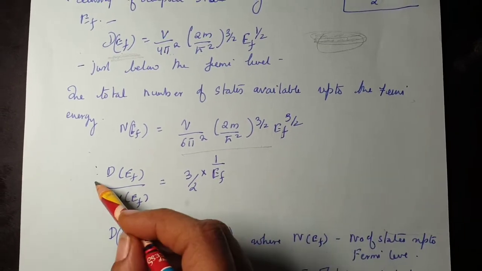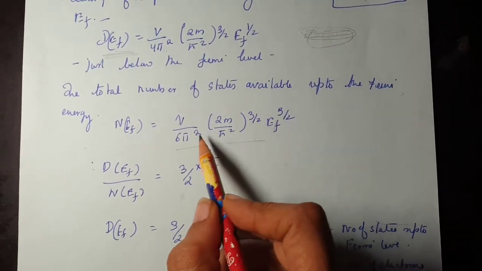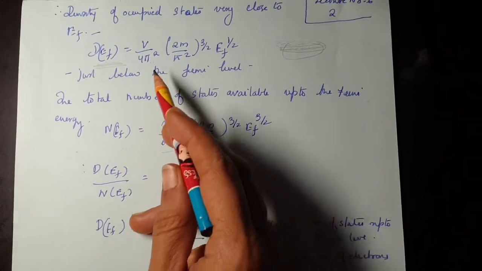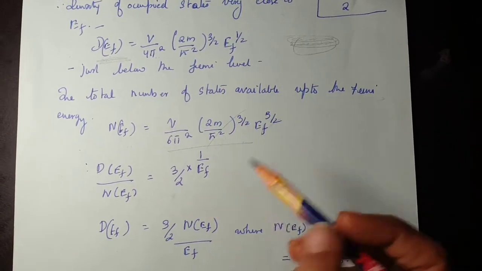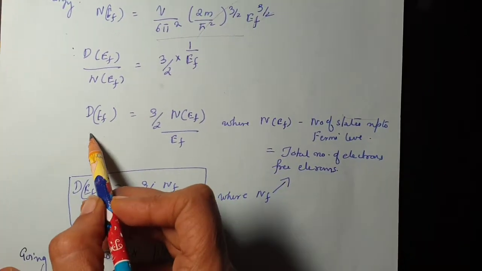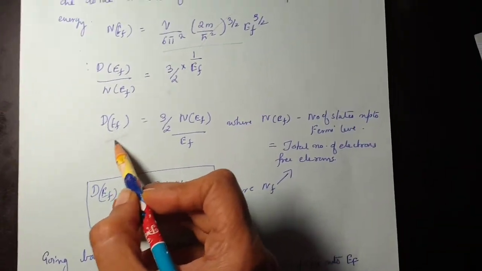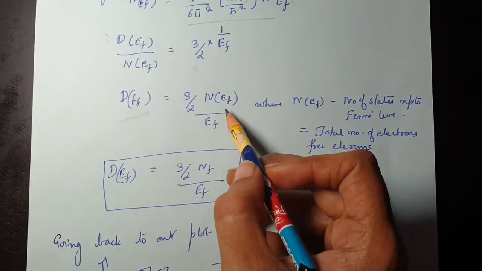Now if I take the ratio of these two values, then it will be 6 pi square by 4 pi square. This will get cancelled, and 1 by EF is remaining. So 3 by 2 into 1 by EF. So now I can write the density of states around the Fermi energy level is given by 3 by 2 by EF into the number of